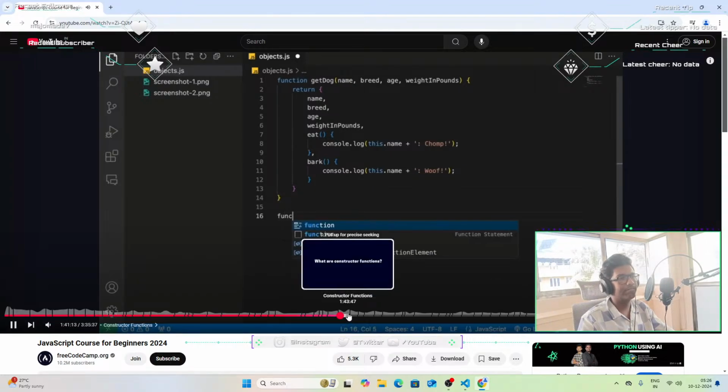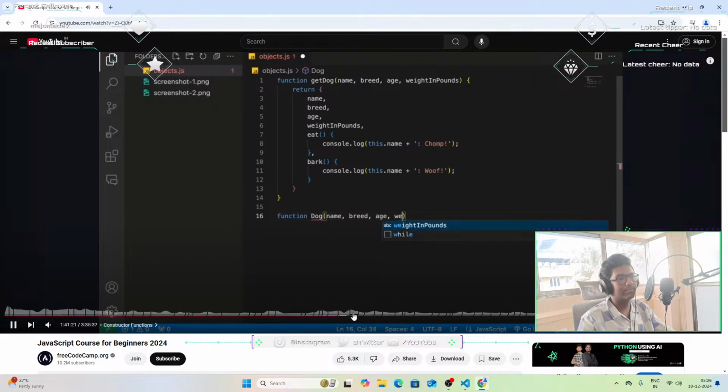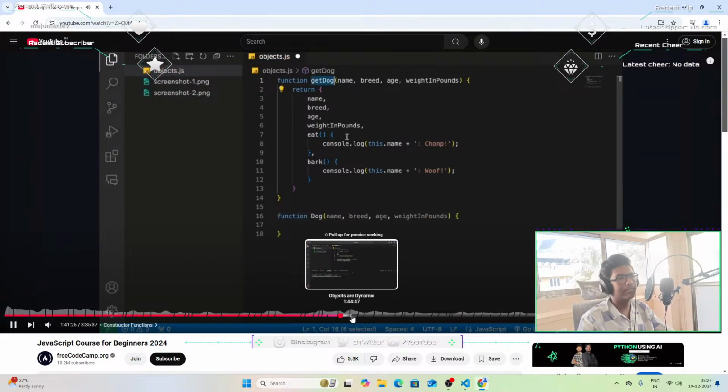So for an example of a constructor function, use the function keyword and we name it a noun. So I'll name it dog. I'll specify the parameter variables: name, breed, age, and weight in pounds. So if I compare the differences, above we have the factory function, which uses a verb and camel case notation,